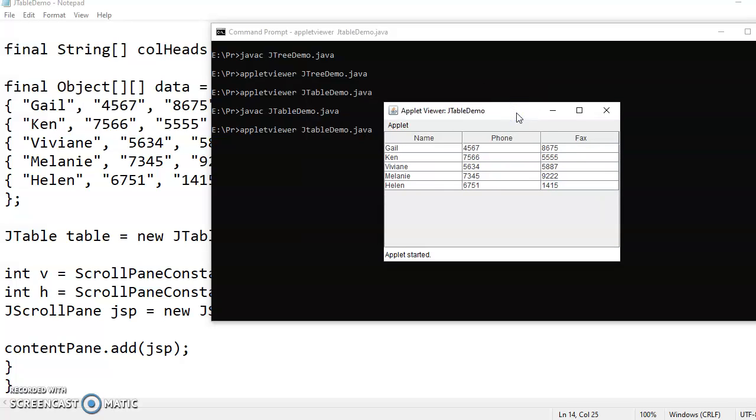As you can see, 3 columns and 5 rows, and the applet size is as decided in the applet code, 200 by 400. And if the size of the table gets larger, then it automatically will have the horizontal and vertical scroll bars. So with this basic code to create a table, you can write any program and you can have a table as needed for your project, because in projects also you need to display the data of a database.